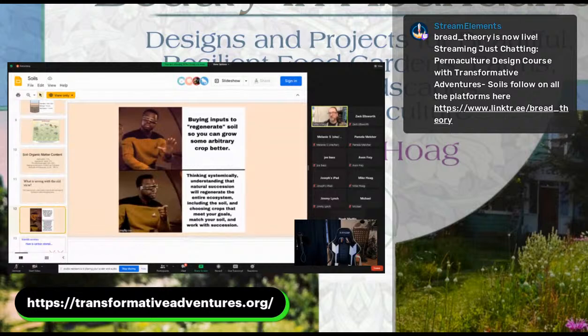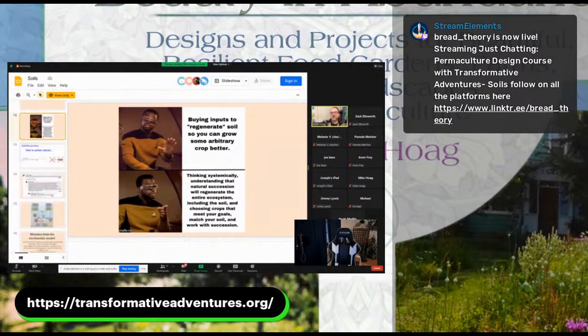The first one looks at soil as just a machine that we can tinker with. The second one understands that soil is part of an ecosystem, and the best way to manage soil is to holistically manage the entire system. We're going to be talking about exactly that sort of paradigm.